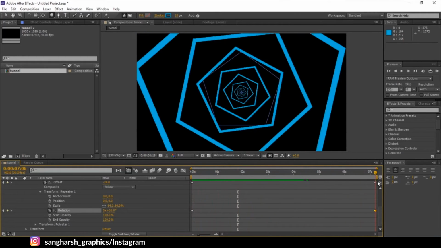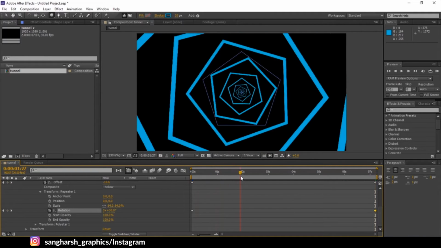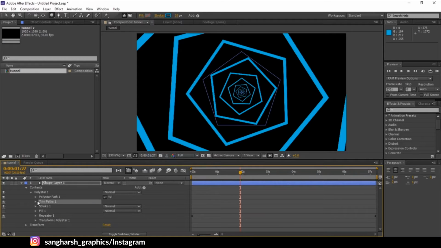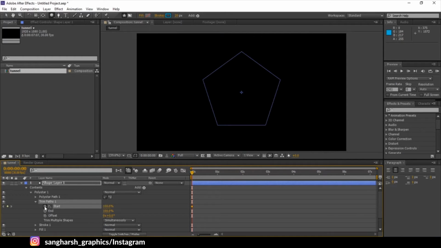Let's animate its rotation a bit more. Yeah, fine. Now let's add another property, trim paths. At the first second, let's make the start 100% and add a keyframe, then at 1 second make it 0.